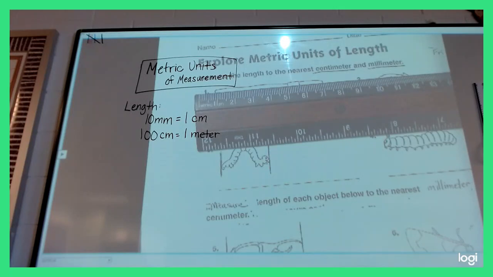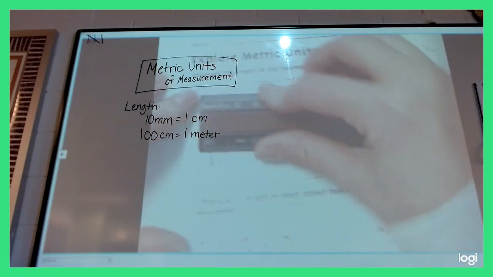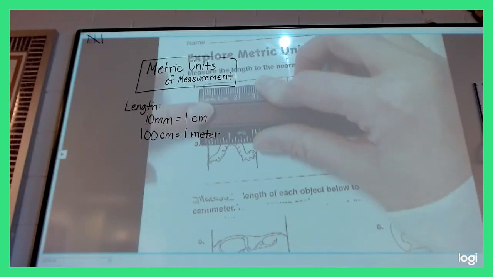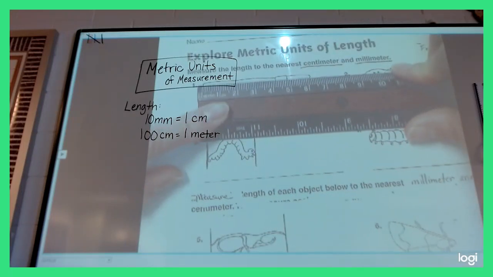No. Ooh, let's raise our hand. Zoe, why is that wrong? It's not at the zero. Okay, so remember, if you want to be accurate, you have to line up the zero line. Some of you, it's the end of your ruler. For me, I have a 0 line. So if we line that up and make it straight,